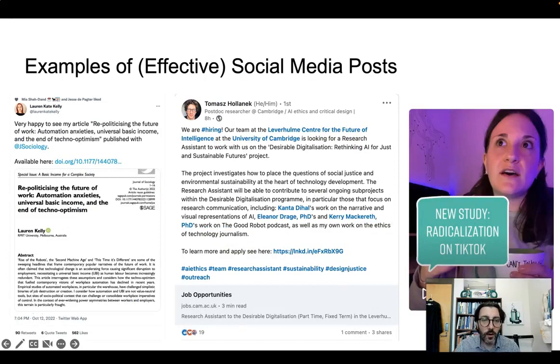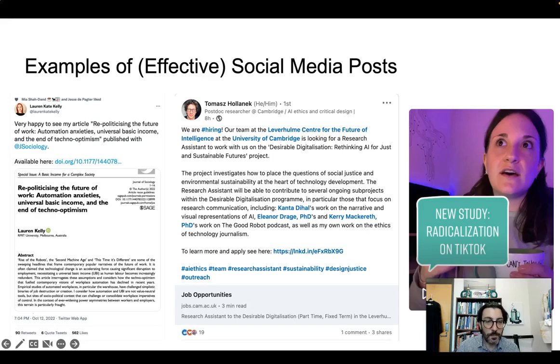So here are a few examples of what I think of as effective social media posts across the different platforms that we just talked about. So the first one that you see is from Twitter, and it does a few things that I want to point out. One is it says the name of the article. It tags the journal itself, so the journal might wind up resharing this information.